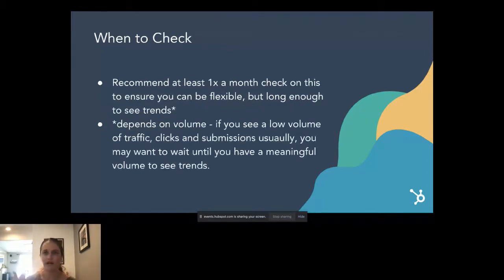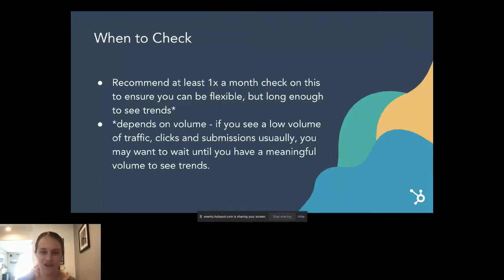And so a question I get a lot then is when to check this. I recommend at least one time a month. You don't want to have it running for a long time and have it be unproven. However, you do want to make sure that you check pretty frequently, and want to ensure that you're flexible but long enough to see trends. So daily is probably a little bit too much, depending. And now all of this does depend on volume.